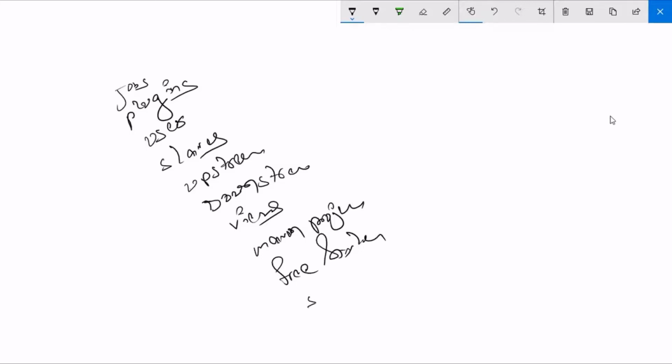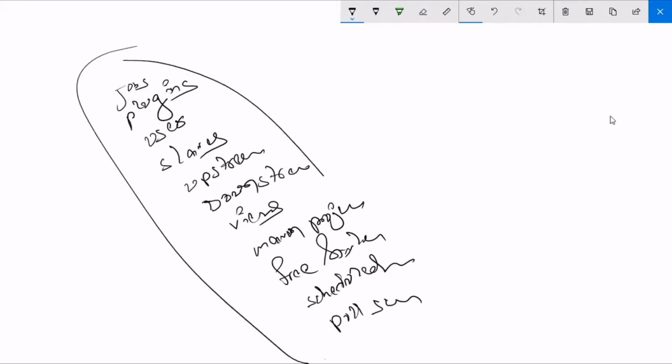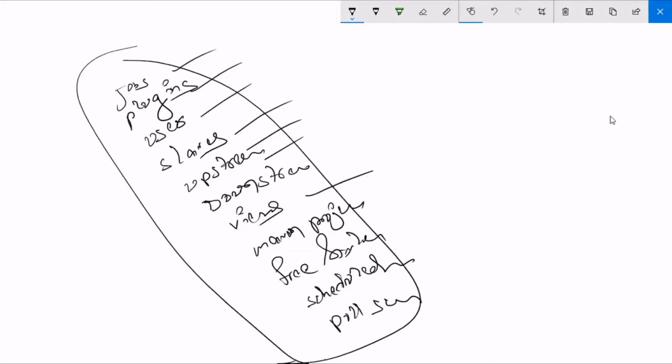Frequent scheduled jobs, and poll SCM we have seen. Like this, we have discussed so many topics, right? Fine. So in our project, we are going to include all these things mostly. Okay. So we discussed them as small pieces, right? So we are going to integrate that in our project. Then you will get the complete picture.